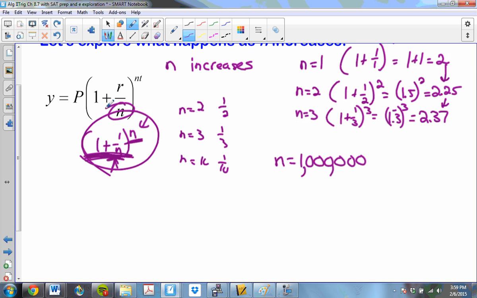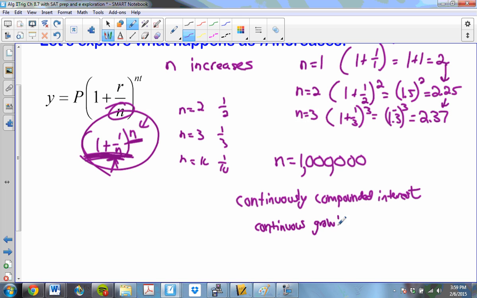That's called continuously compounded interest. Continuously compounded interest is when you calculate interest every single passing instant. And it's really not just for interest on money, it's really called continuous growth. Anything that grows continuously has this sort of dynamic to it. And so this number that we had,